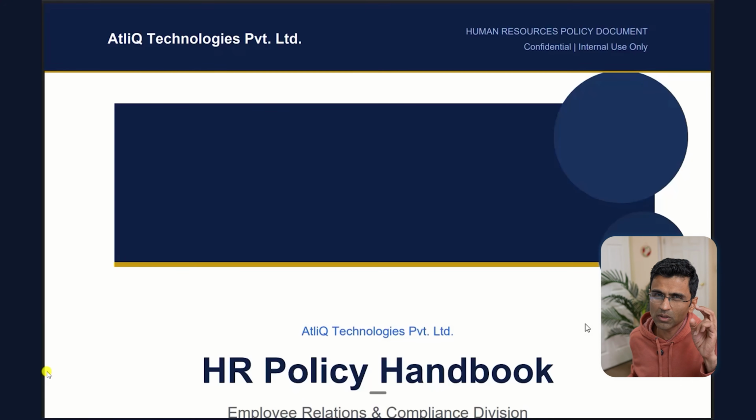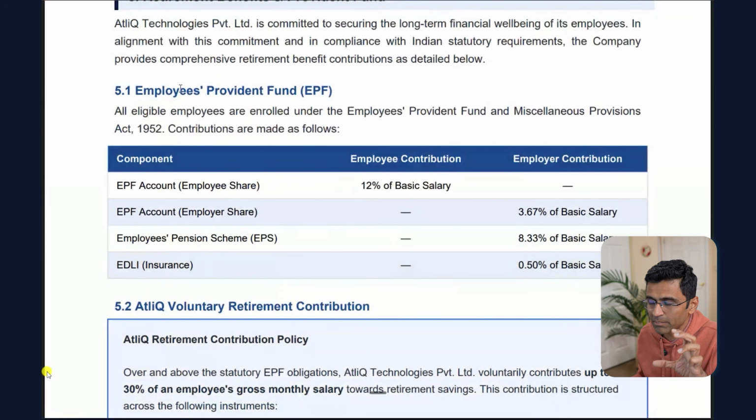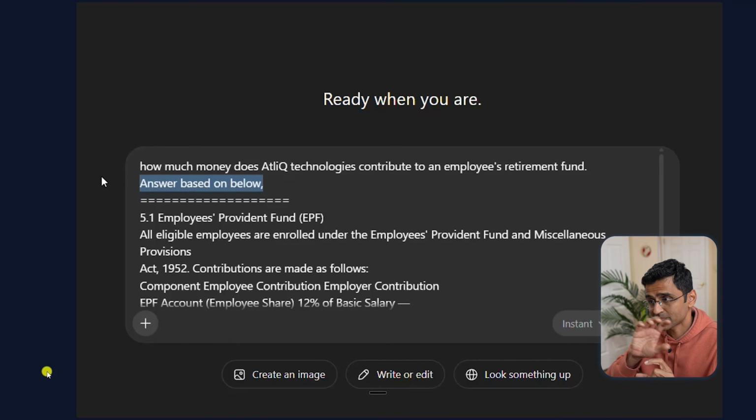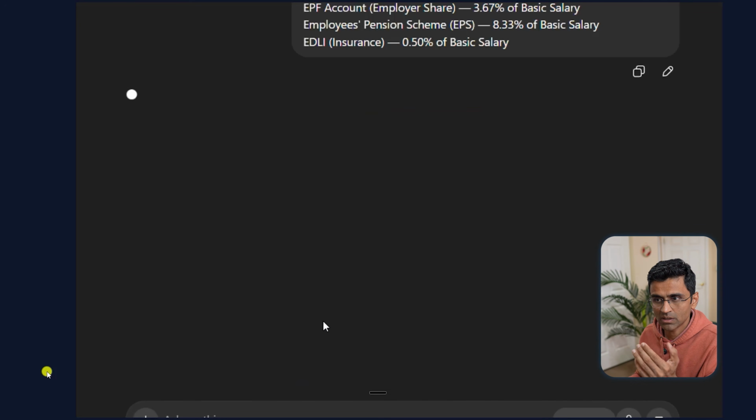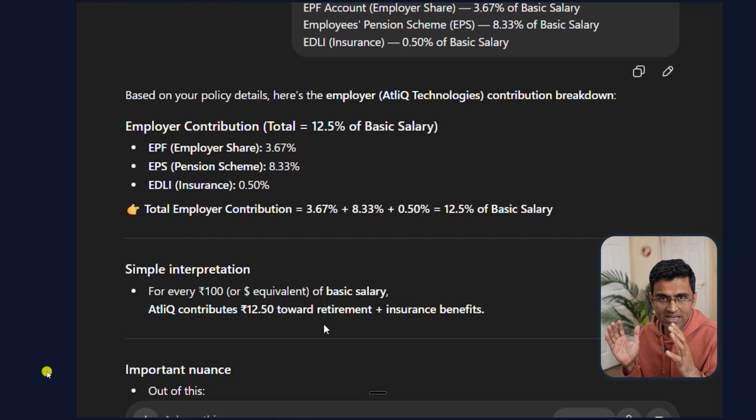Let's now understand the two-step process of how RAG works underneath. So here I have an HR policy document from Atlic, which will have a section on retirement benefits. Now if I go to ChatGPT and copy this particular section, and I ask my question related to contribution to the employees' retirement fund, in that case ChatGPT will be able to answer that question, because here you are asking a question and providing knowledge as a reference in the context,